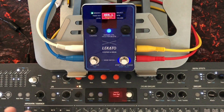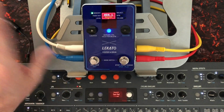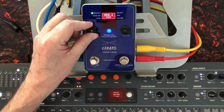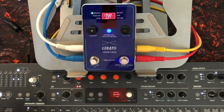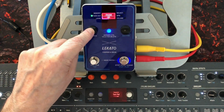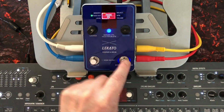Right, so you get the basic idea. Let's go to, and your memory will be automatically saved, by the way. No need to worry about saving anything. If you come to another memory slot, and twin it off or come out of it or whatever, as soon as you go back to memory slot 1, which has something recorded, stop. Now let's just go to our fade out and switch that down to nothing. Right, so now when I press play,